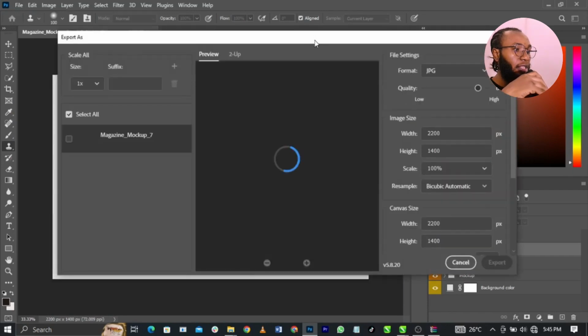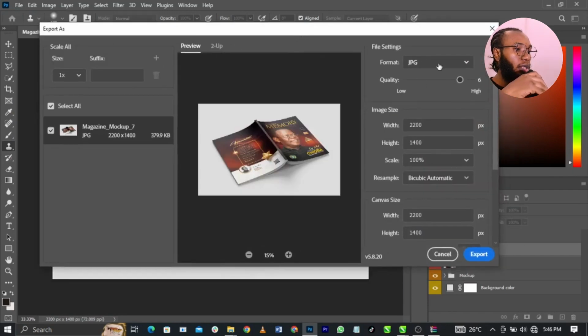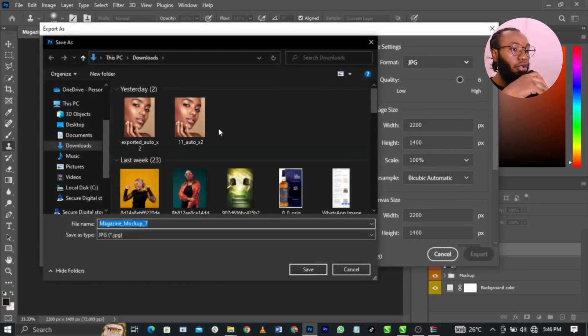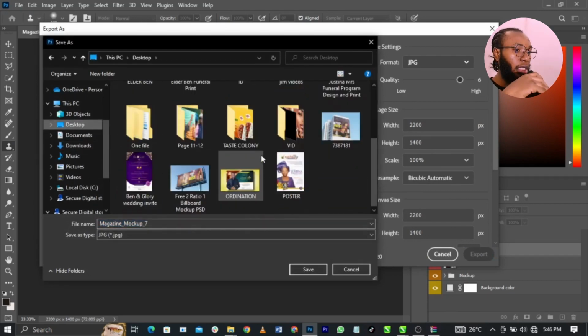All right. If you export it, you come over to this. Then click on Export, or you can save it as type. If you don't have this version of Photoshop, you can save it as type. Then you come over to this and basically